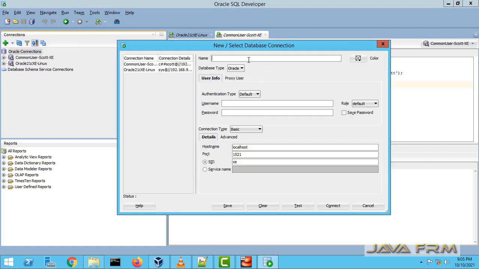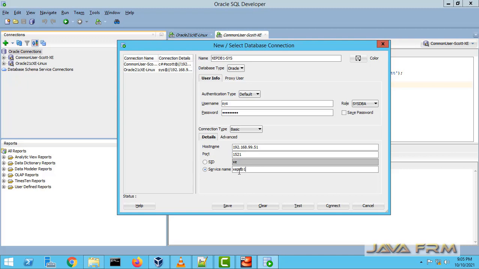So now I'm going to log in as the sys user to the pluggable database running on Oracle Database 2020 Express Edition. The pluggable database will be running inside the container database. All those users who are in the container database have access to the pluggable database.